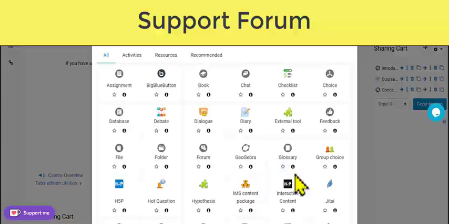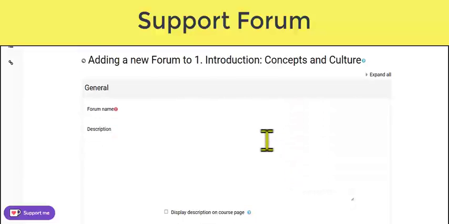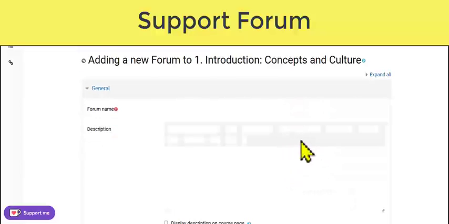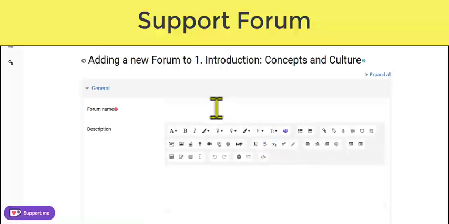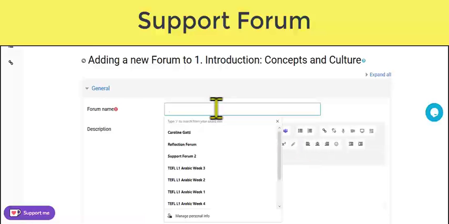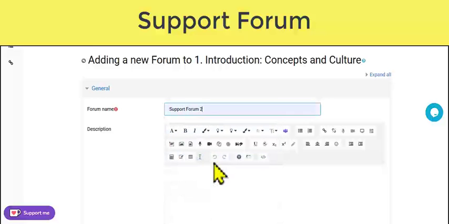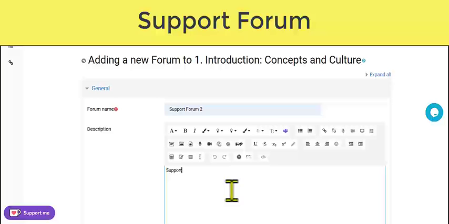Here we have a wide selection of activities, and they're in alphabetical order, so we find forum pretty quickly. A click on top is sufficient to get this interface showing up, and the first thing we need to do is give it a name. I've called it Support Forum 2, and I am repeating the name here in the editor